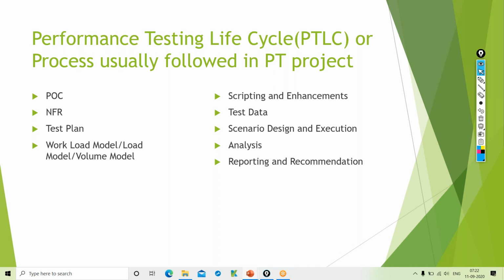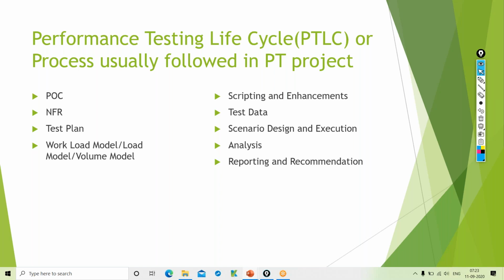So if your client already sticks to one of the tools like LoadRunner or JMeter, then it's fine. But if he is not sure, and if it's a brand new application or a brand new project, and you have been assigned to the project, and they have asked you to select the tool as well, then you will try to understand which tool is compatible for this application. If it is LoadRunner, then you will say which protocol is compatible. And what you generally do is record some simple business scenarios, execute with minimal users, and then report the response times and other observations to the client, right?